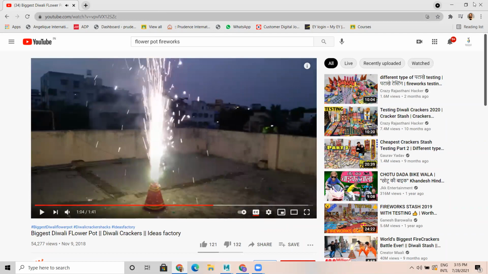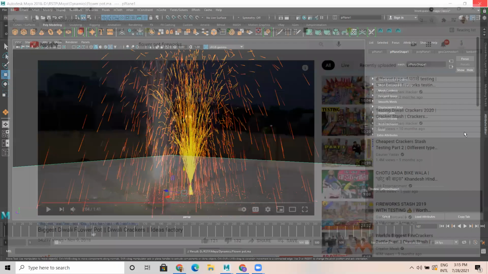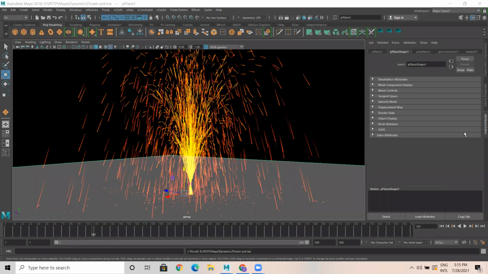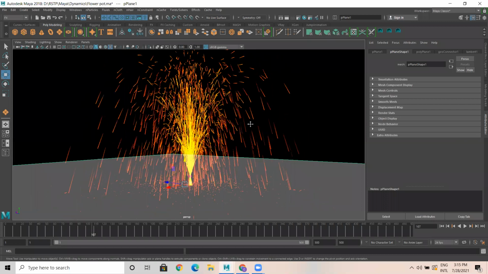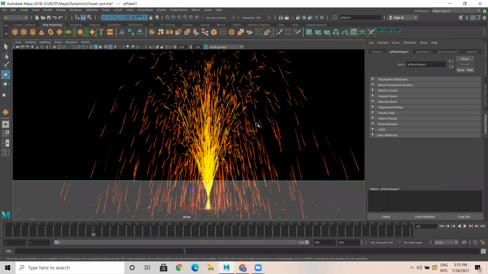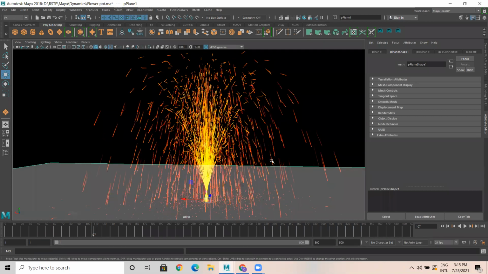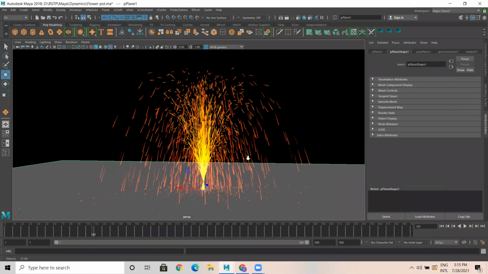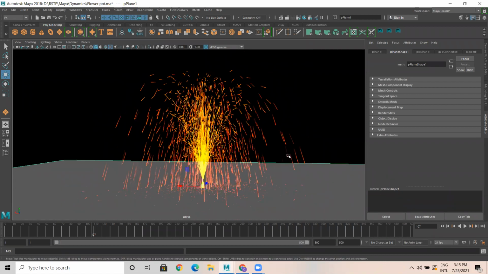Just check, okay, it's a simple firework. So you can try. So that's how we can create it. If you see Kung Fu Panda, a lot many things they have used in the movies. Flower pot animated, if you try, you get to see. Okay. So in the next class, I'll be showing motion graphics, how to create motion graphic streams.